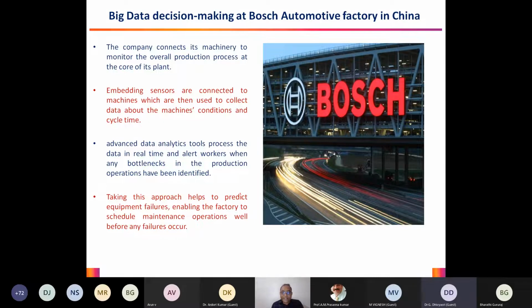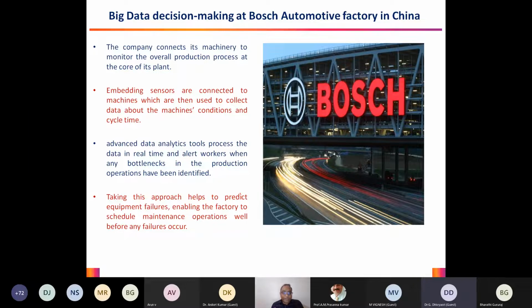Every single second these machineries send a lot of data that is stored and analyzed, and based on this the people make a decision. It sends out instructions to all the workers in that plant, alerting them so that any bottleneck that creeps into production at some point in the future is addressed well in time, so that the machinery keeps running without encountering problems. This approach helps us predict equipment failures in advance.